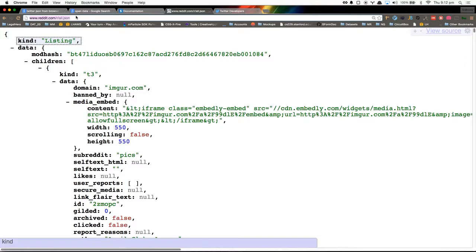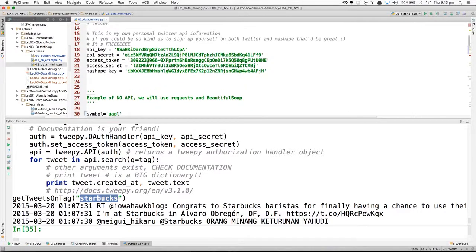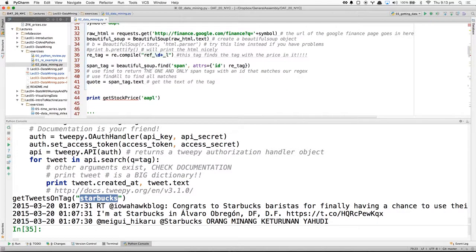So what we're getting here, this is the tweet in API.search. This is the request. This line, this particular statement here is what makes the request. This is the authorization. This is the request. Then for tweet in API.search, that's each tweet in that response. I can loop through that, and I can do as I want with that tweet. Notice how much simpler this is than even Beautiful Soup, which is relatively simple because Beautiful Soup is well designed.